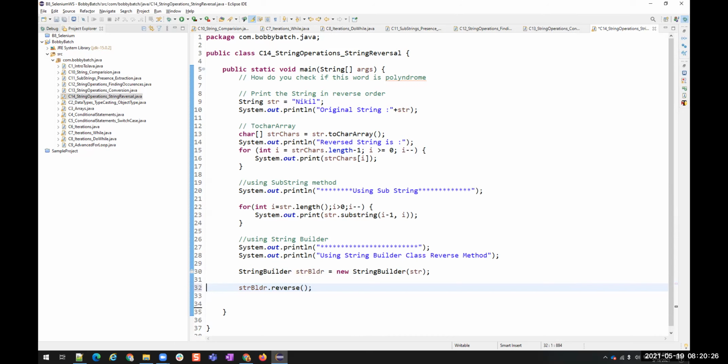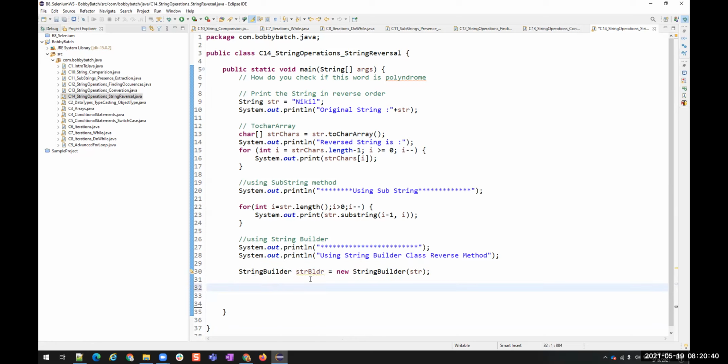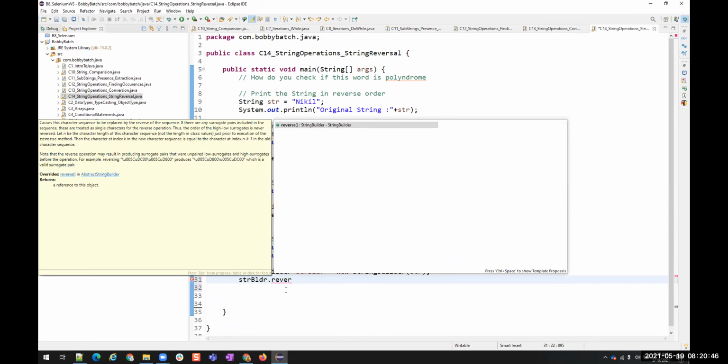That's all. How do we import that one? For that string reversal, you didn't import, right? Just typing. Okay, I did not import anything. I just typed StringBuilder, and then I have this object dot reverse. That's all.